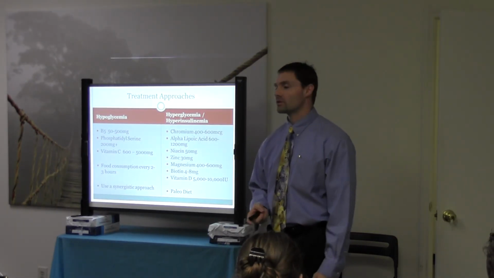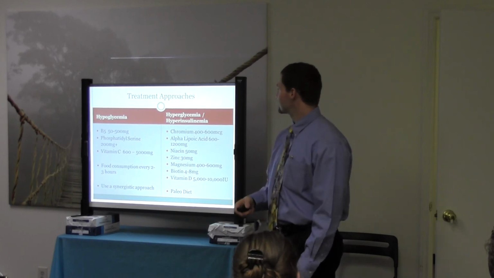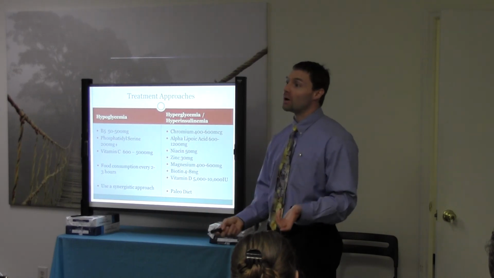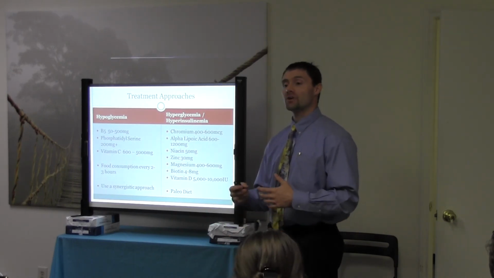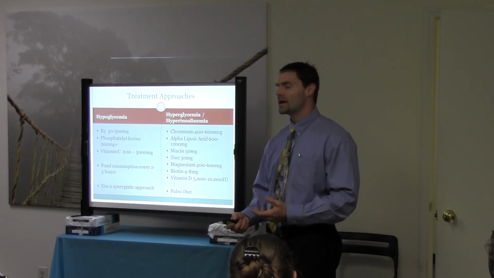Now, your hyperglycemia, hyperinsulinemia side. Chromium, 400 to 600 micrograms is what you're pretty much thinking there. Your lipoic acid, 600 is definitely the low end on this. I topped out at 1200 here. You can go above that if you feel like you need to. If you've got a peripheral neuropathy, I would definitely say consider going above that. Your other thing